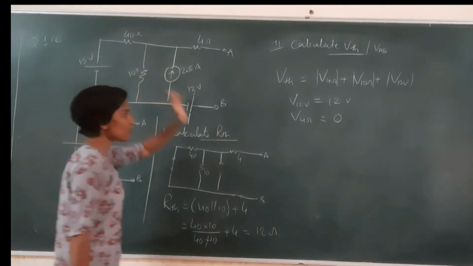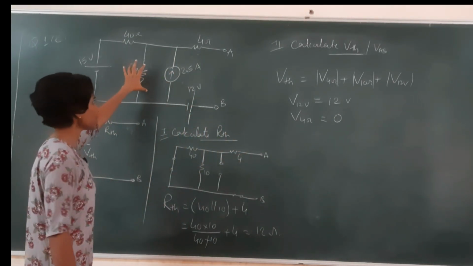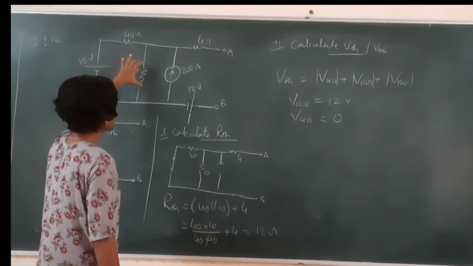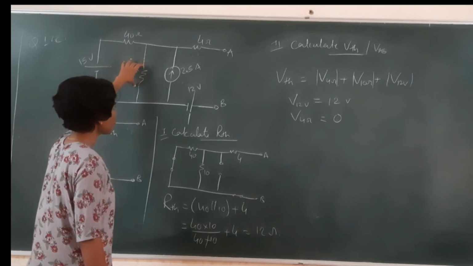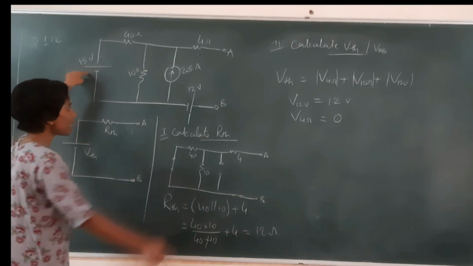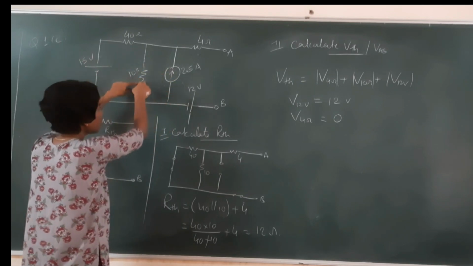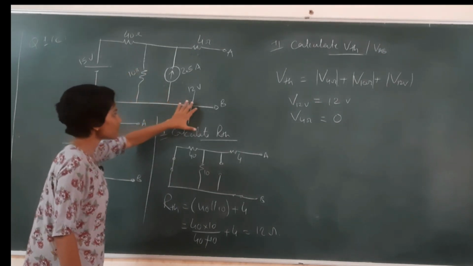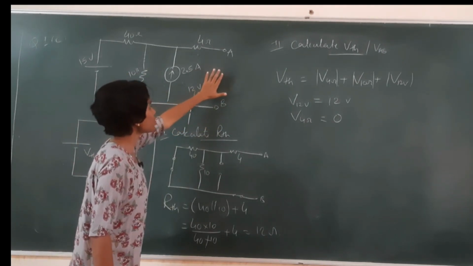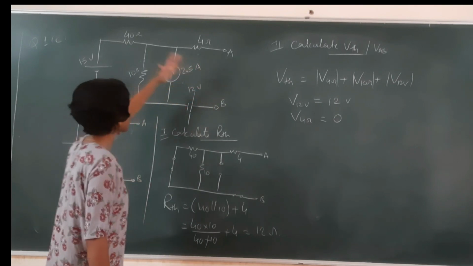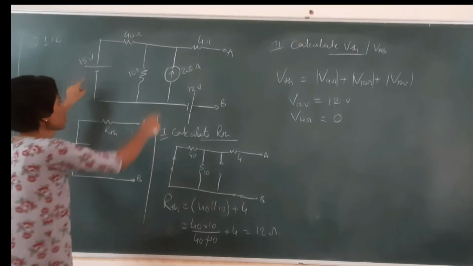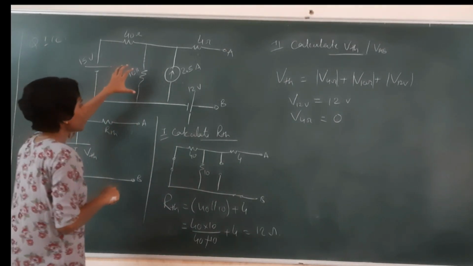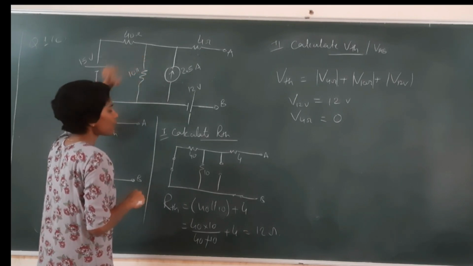Now what about the voltage across the 10 ohm resistor? That we need to calculate, okay? Now let's see what supply it is getting. It is getting supply from the 15 volt source as well as the 2.5 ampere source. Both are feeding this 10 ohm resistor, but not the 12 volt source. Why? Because here it is open circuited. If it is open circuited, there will be no current flowing through this. So how can it feed the 10 ohm resistor, right? So these two sources are feeding this 10 ohm resistor, and we have to calculate the voltage of this 10 ohm resistor.